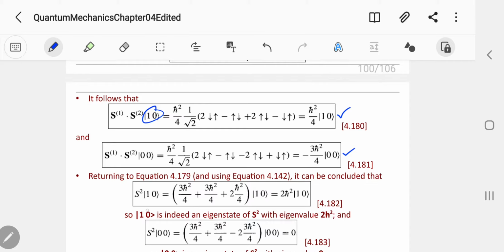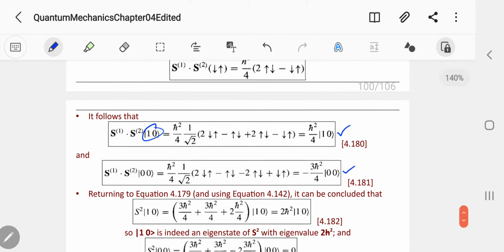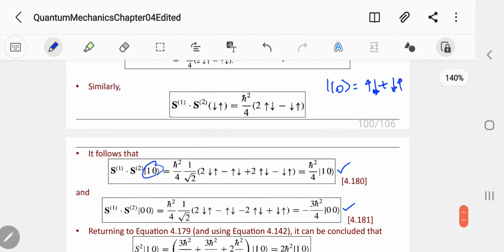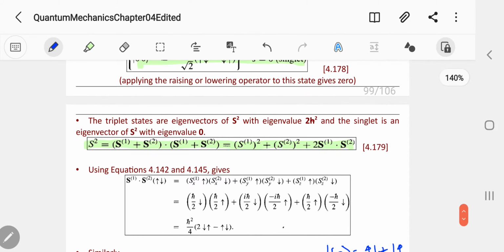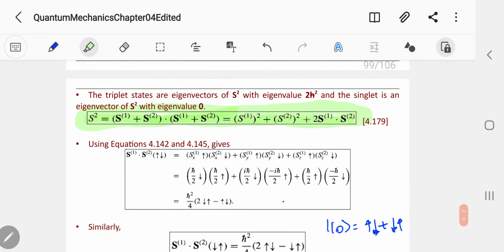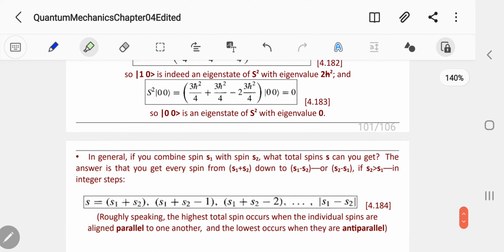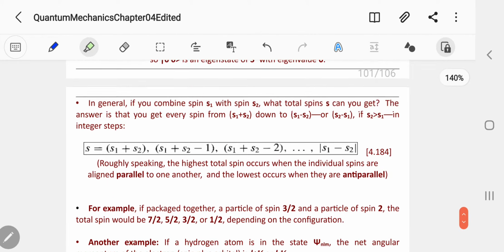And so therefore S square, if you apply this to the triplet state, for example,